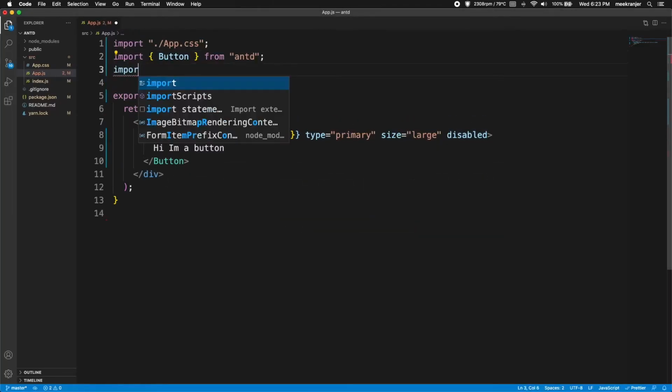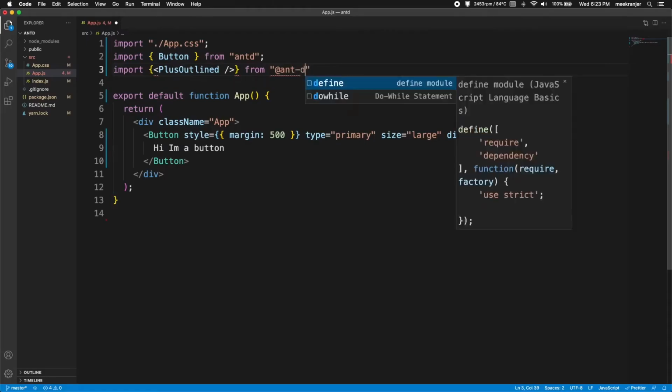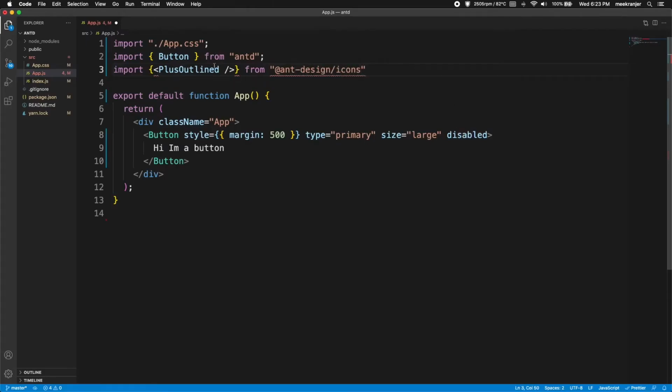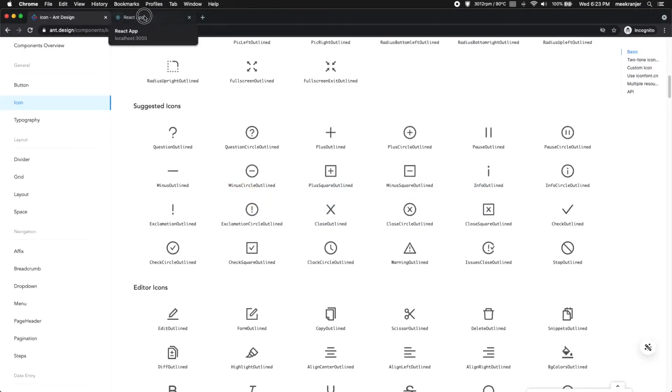So I'm going to import this from at n-design/icons, and we have to get rid of this opening and closing tags because that's just the name of the component. It's not the actual component itself. To put that icon into our button, we can just add icon equals to, and then curly braces and plus outline. So this will add the icon to our button,